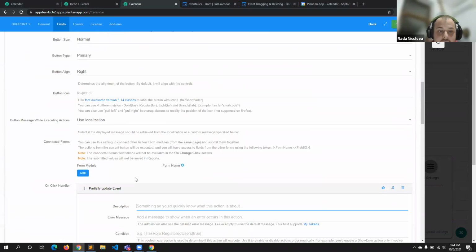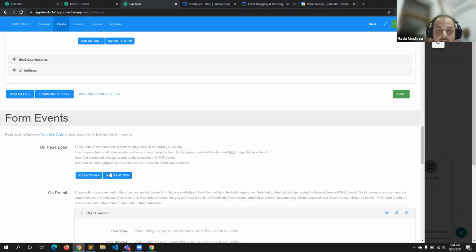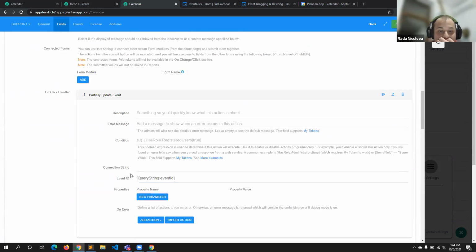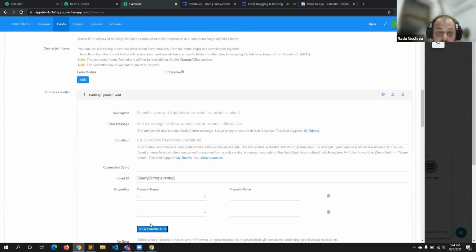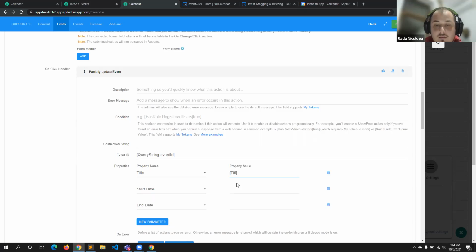The ID of the event is the same value as the one that I've read from, so it's going to be the query string event ID. I need to update the same one, and I need to update the title, the start date, and the end date, and those values are referenced by their counterpart fields in this form.